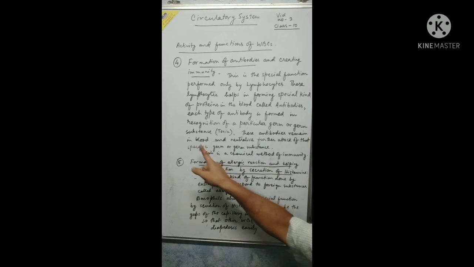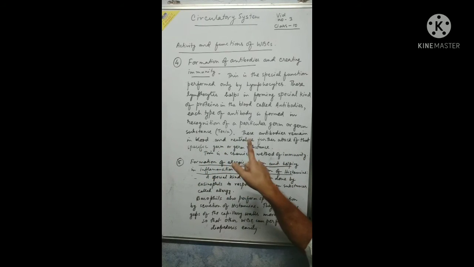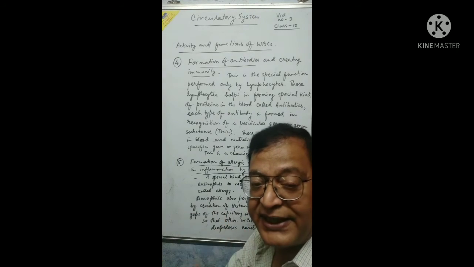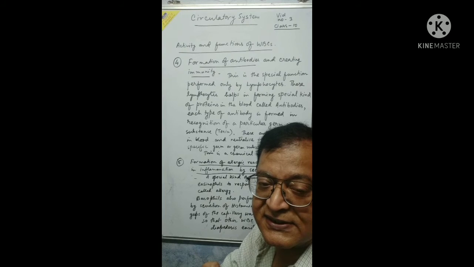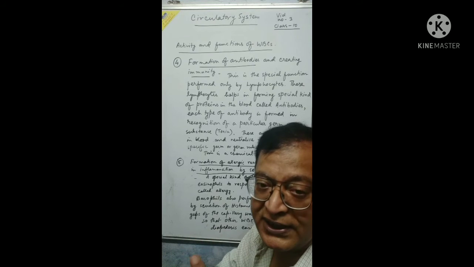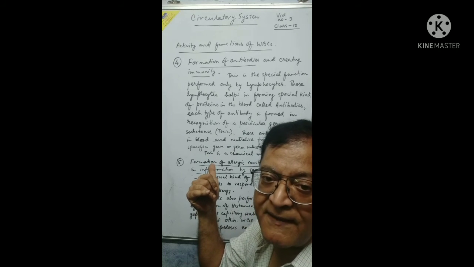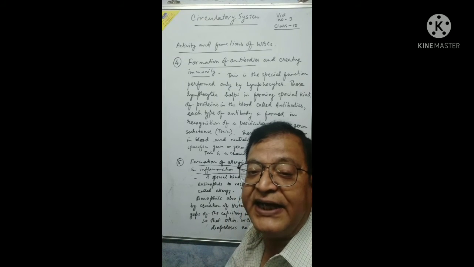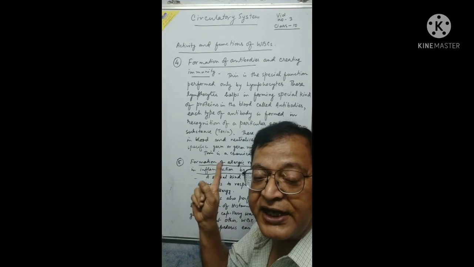These antibodies remain in blood and neutralize further attack of that specific germ or germ substance. If they attack our body again, then this antibody which remains there in the blood will neutralize the effect of those germ substances and germs. And this is the major immunity of our body. In fact, the process of vaccination is based upon this method of immunity, the formation of antibodies. The currently forming COVID-19 vaccines, this has also been introduced in our body with a target of this.